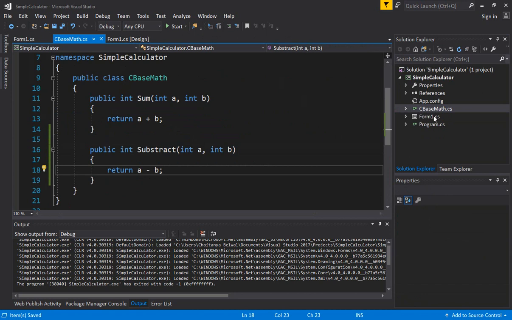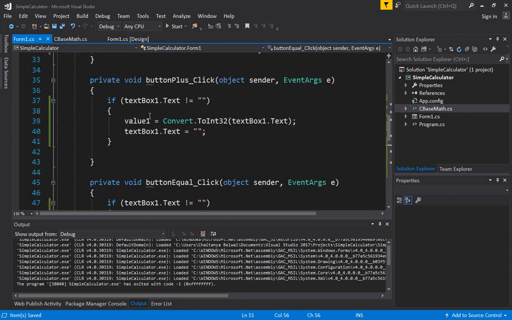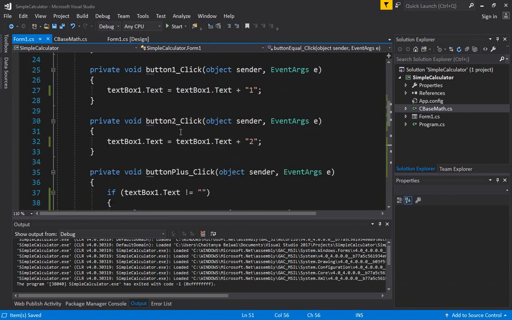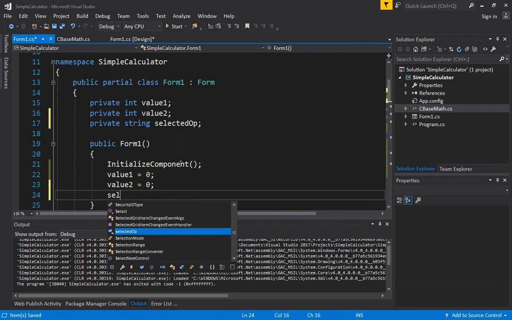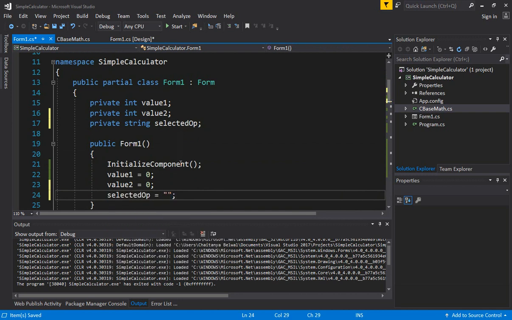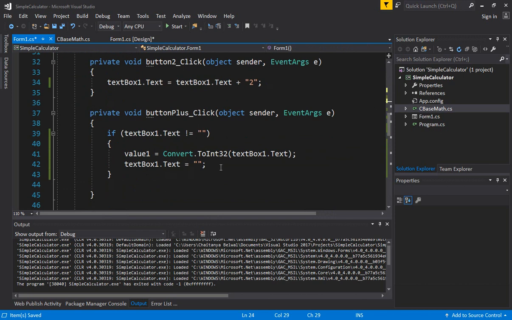and then we need to go back to the form code, and every time plus or minus is pressed, we need to actually store what operation was pressed. So let's call it private string, or you can even use integers here, but let's call it selected operator, and let's initialize the string. That's always a good habit, to initialize your variables. Now when the user presses plus, we need to have selected op is equal to plus,